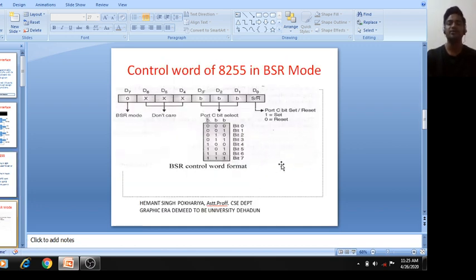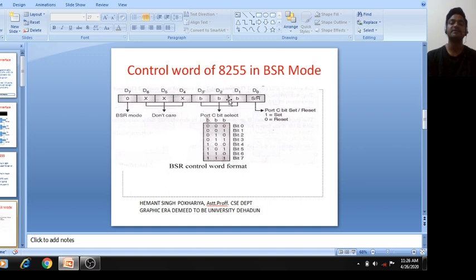Now we will see the control register of 8255 in BSR mode. When the MSB is 0, the 8255 works in bit set reset mode, so this value is always 0. The next three bits D6, D5 and D4 are don't care, we do not use them, so generally take 0 here.